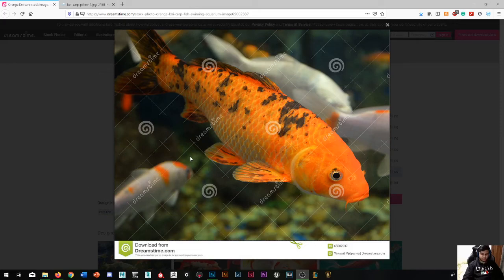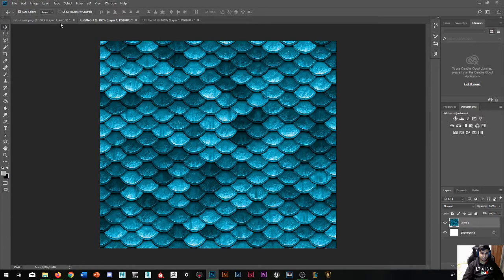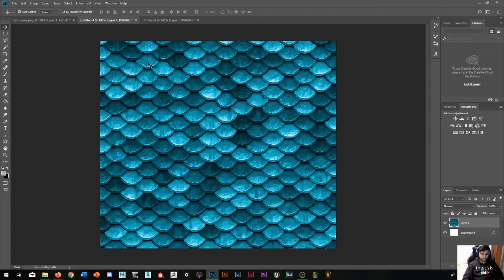So we first want to know what our subject is. Since we're doing the fish, we can see that the scales of the fish are quite diamond shaped, like so. And same again, I think this is a toy, but it's accurately represented with diamond looking scales. So what we can do is, I've selected a few in Photoshop. So here's essentially what it would overall look like, but to do this in Photoshop, we have to make it